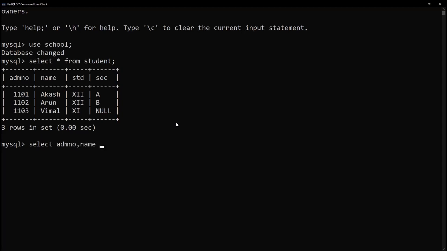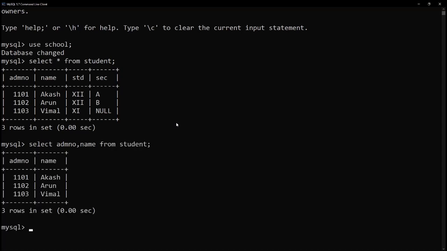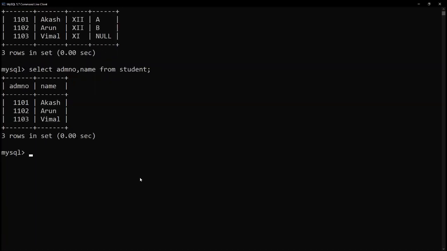You can specify the columns which have to be displayed. So it will show only the columns that you have mentioned. I repeat again, star would display all the columns. If you mention the column names, only those columns will be displayed. Internally, the table will have all the columns, but since you have given only two columns, only the two columns will be displayed.